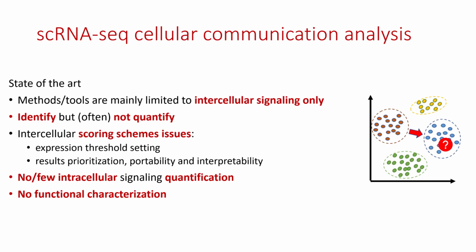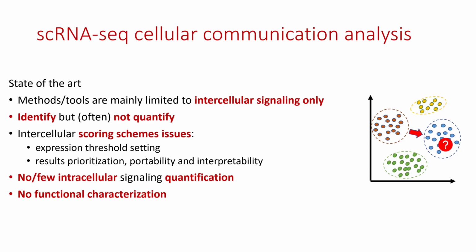State-of-the-art bioinformatics methods for cellular communication analysis using single-cell data are mainly focused on inferring only the intercellular signaling part, meaning that current methods are able to provide as output which groups of cells are communicating and which ligand-receptor pairs were used. Many methods identify which intercellular signals are ongoing, but they do not quantify their strength, and so don't